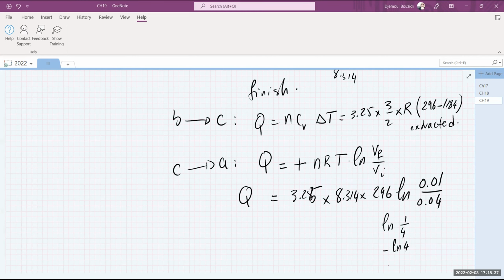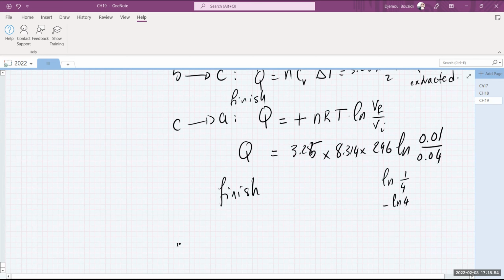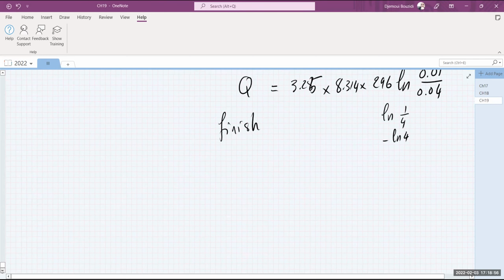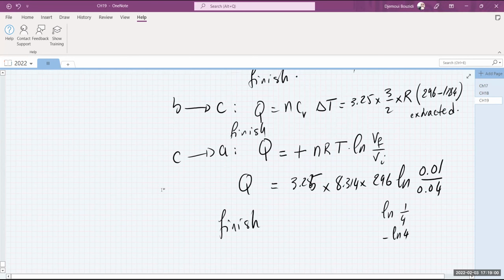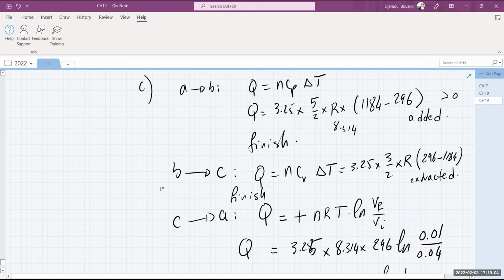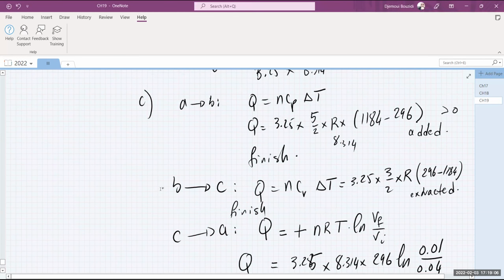So you plug in the numbers now. You need to finish this one too. Finish this and finish this. This one is going to be negative for sure. Does everybody follow so far, so good? Yes, no, maybe? Yes. Everybody else? Yeah. Okay, very good. So we're in good business. So we have found the answer to part C.